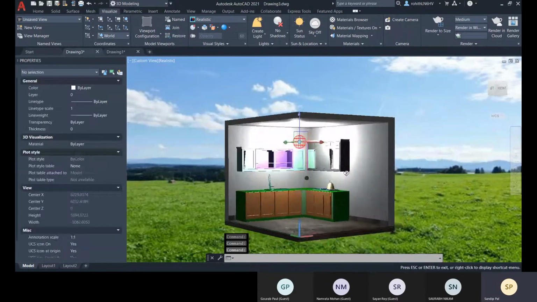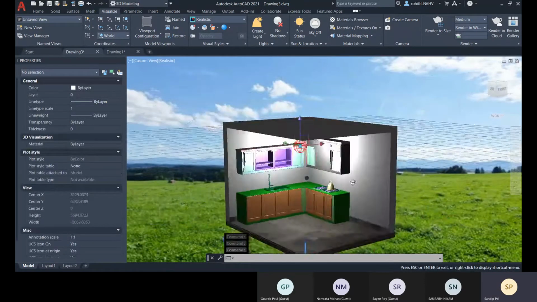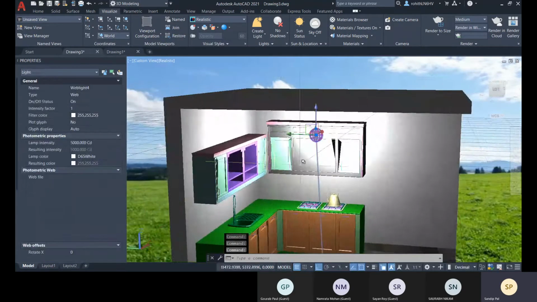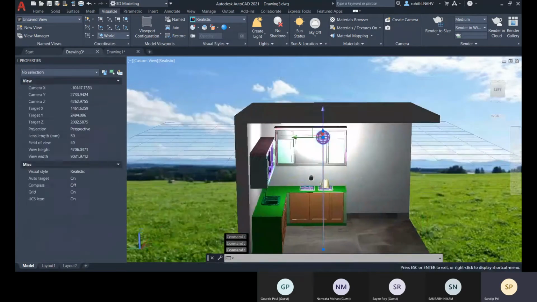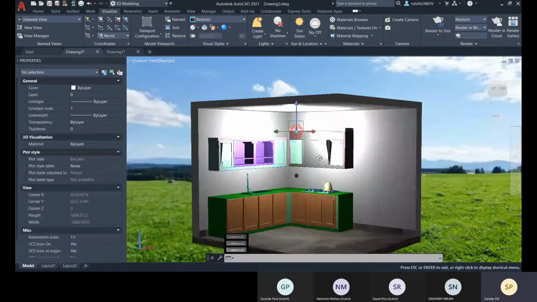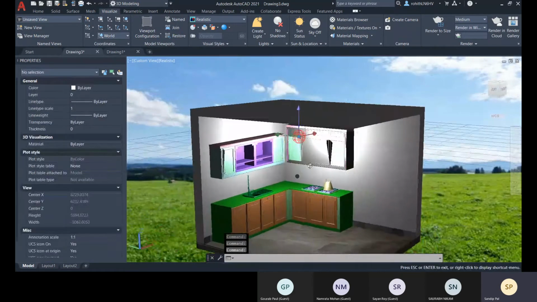Okay, so there you see from this source it's scattering all the lights. Okay, so this kind of things if you need, so you can choose this light.